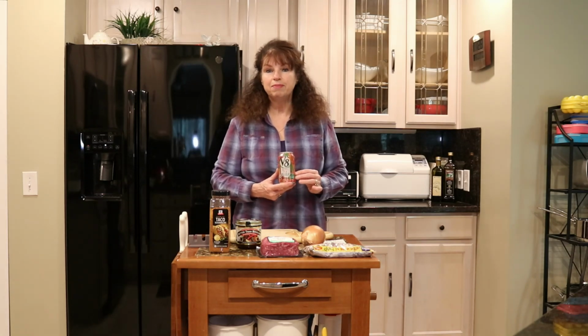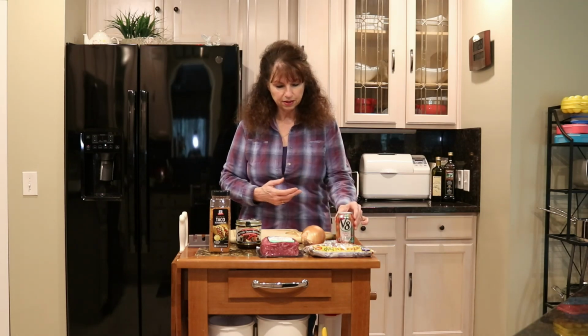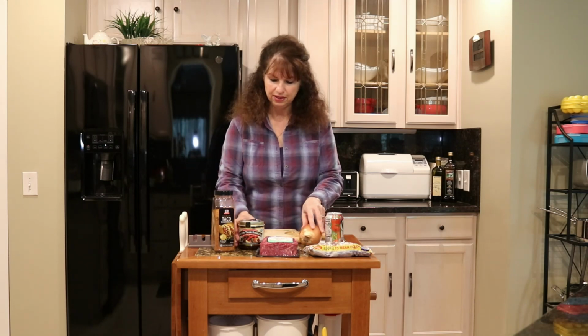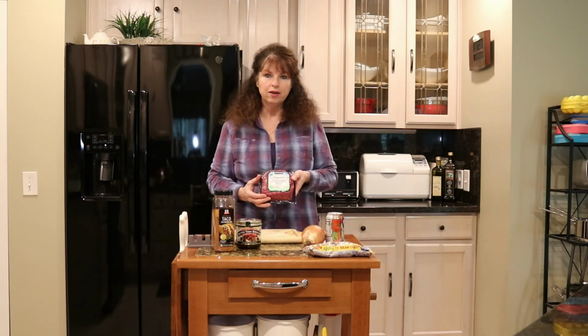You'll also need one large can of spicy hot V8 juice, which is 11.5 ounces. You're going to need one large onion, roasted beef base, 1.5 pounds of hamburger,